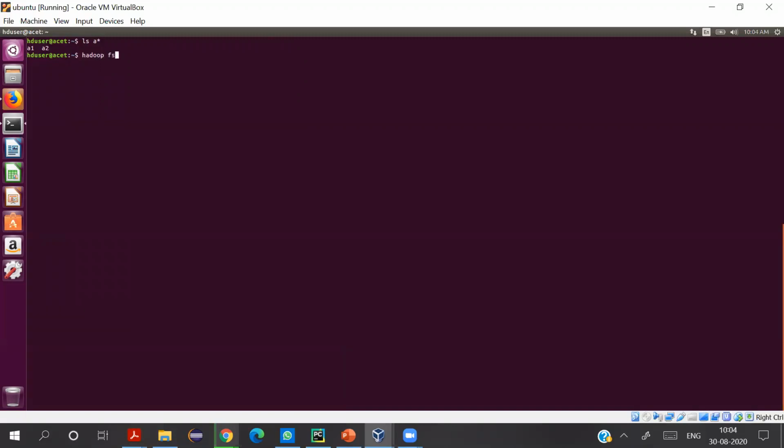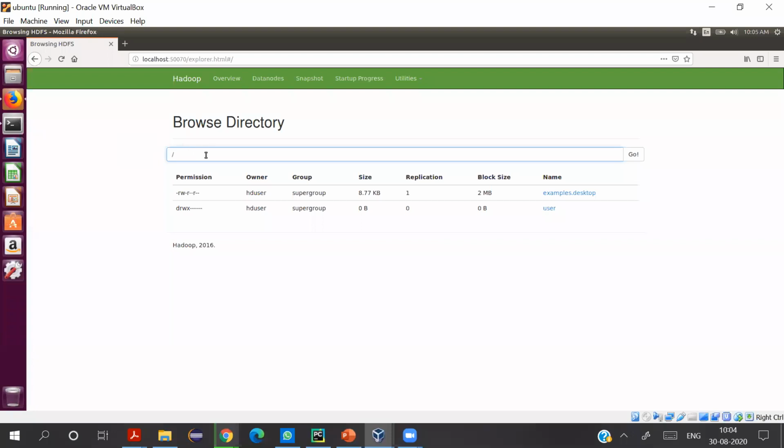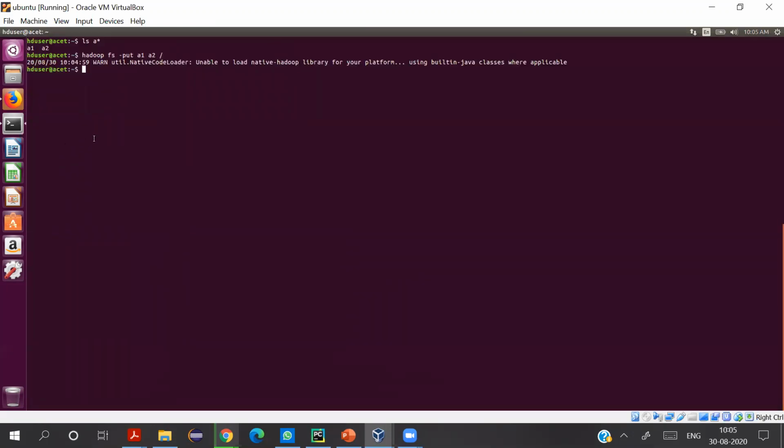So we discussed in our previous video, to transfer a file into the cluster, the command is put. Now you can give multiple arguments to it. So I can write something like A1 space A2, and then I can mention the path where to transfer. So I'm saying to transfer both the files A1 and A2 into the root directory of HDFS. Once done, you will see that these files will appear here. Once I refresh it, we'll see it is still copying, you see. So now both the files are there, A1 and A2. These have been copied. So the put command can take multiple arguments. This is what is new we learned today.